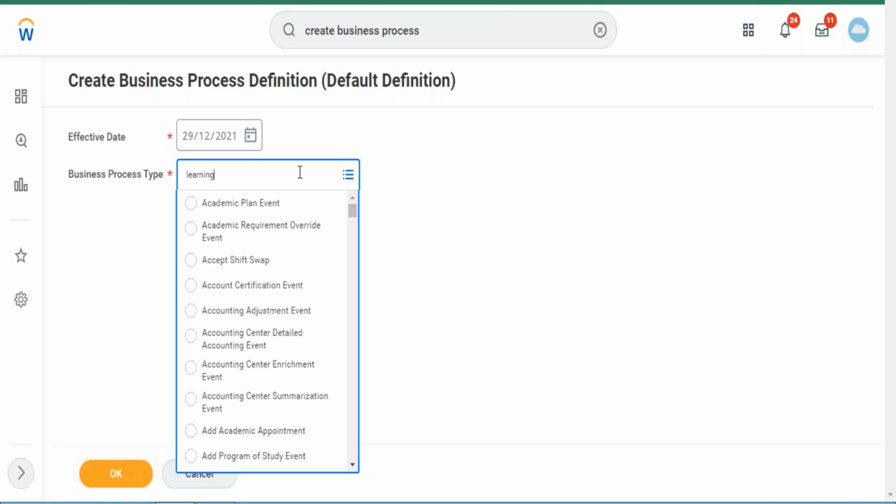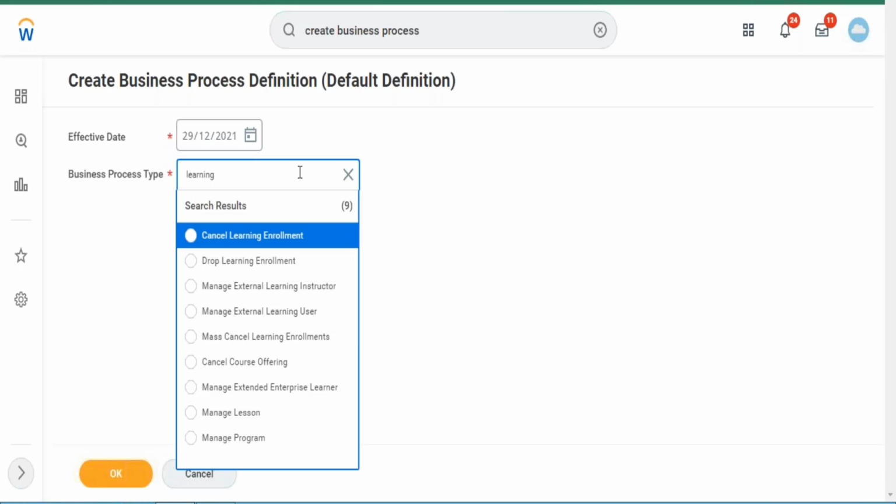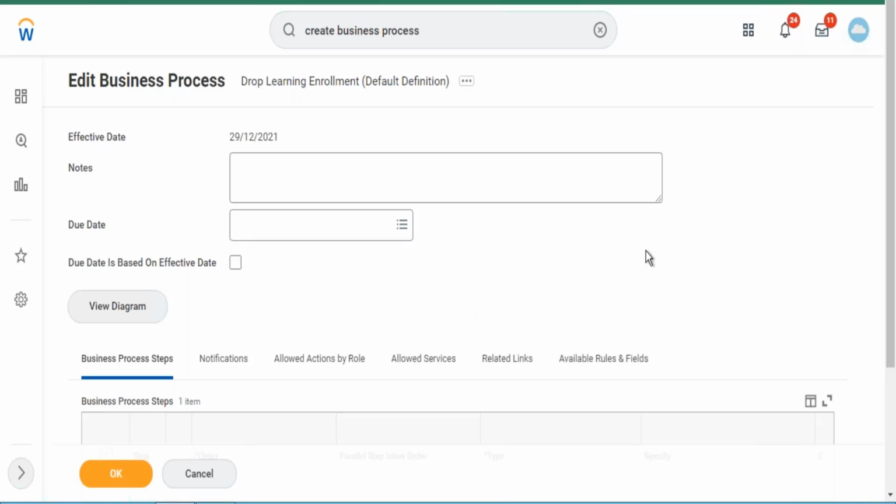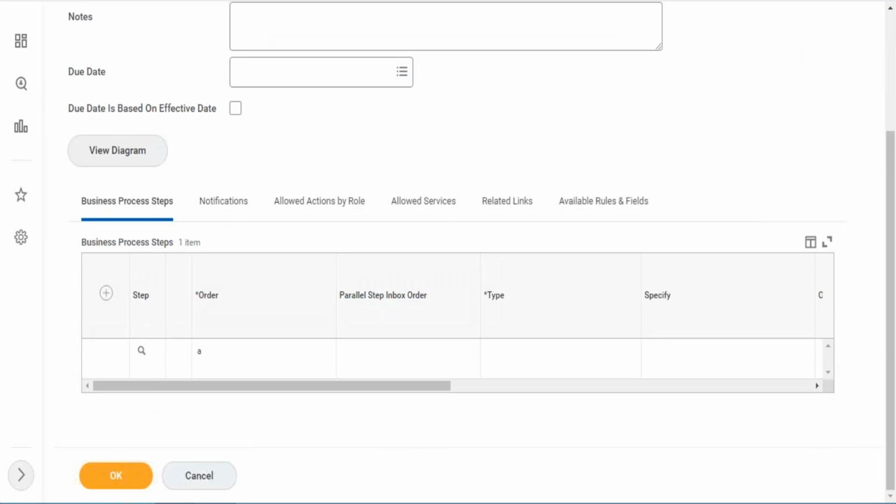Most learning-related things would have already been set up. So let's say manage lesson is a kind of business process. There are a lot of other business processes which would have already been created, but these are the remaining business processes in this tenant which are not created related to learning. So if I wanted to select this business process, drop and learning enrollment, and I click on OK, this business process is created now in